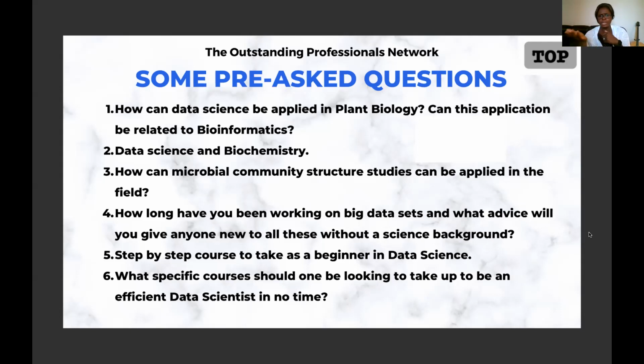So if you want to apply this to the field, which means you want to apply this to a real life example, to an agricultural field, like I said, all you got to do is talk to a farmer or talk to corn growers that, guys, it's okay that you're planting your corn, but just know that once you're done planting and you need to harvest your corn, based on our microbial community structure studies, you need to do something